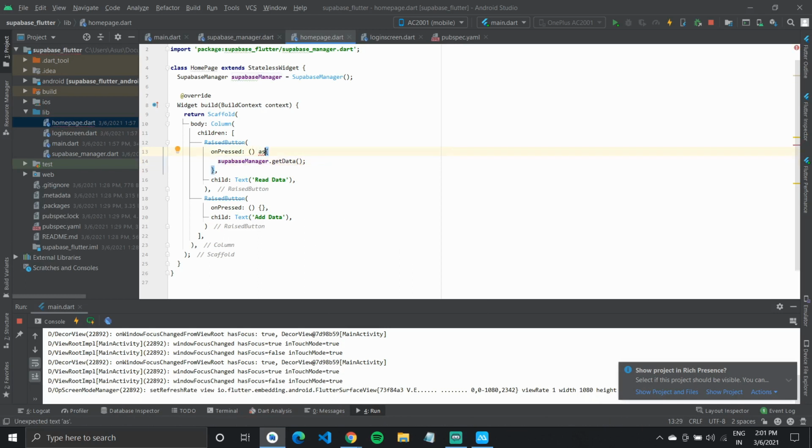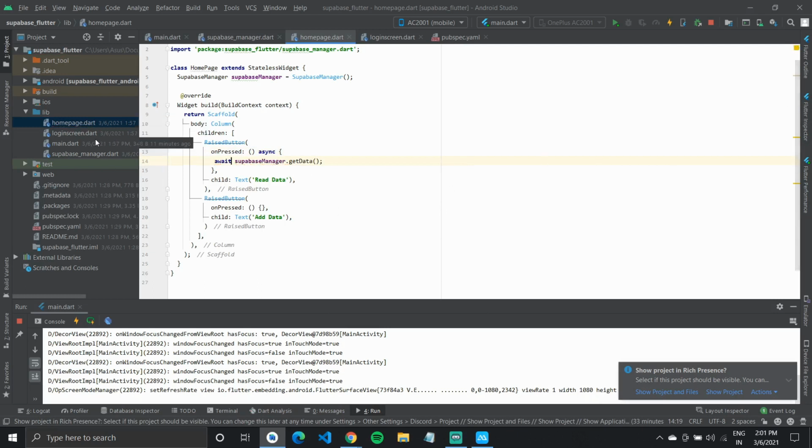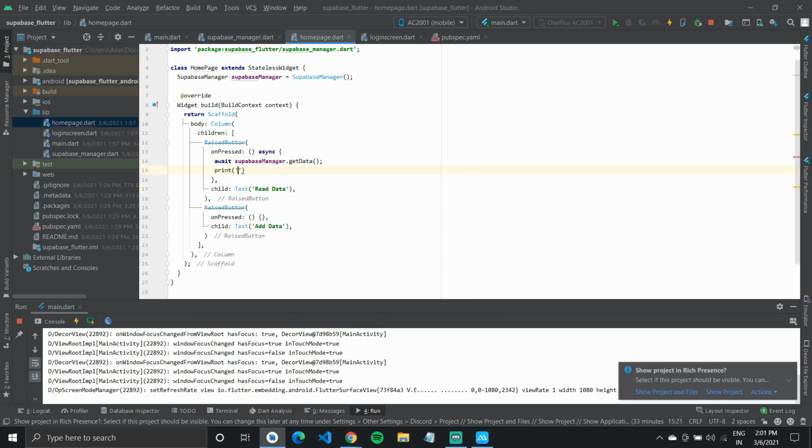I can make this async as well, wait for it to execute, and then print got data. Let's try to run it once.